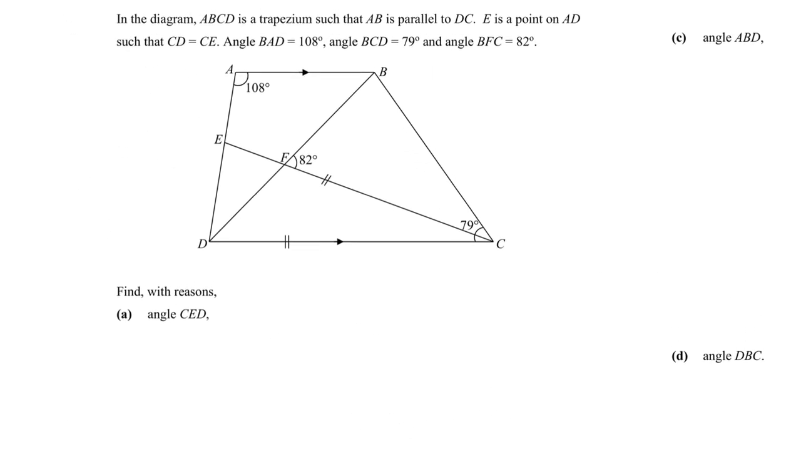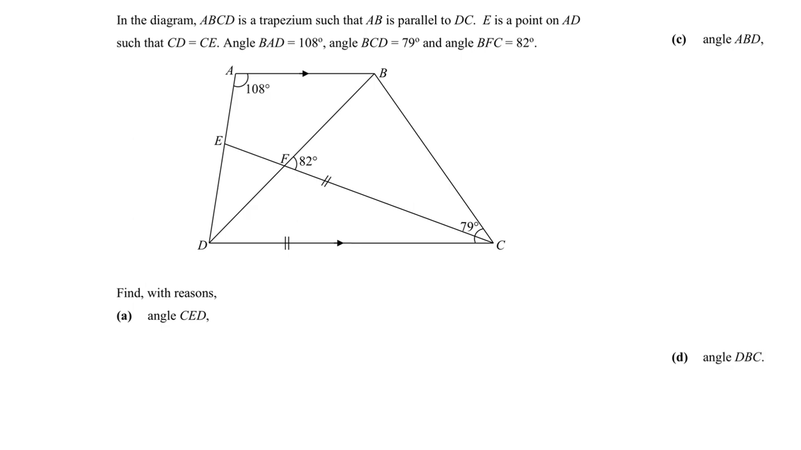Hello everyone, welcome to this question where we are given ABCD is a trapezium, where AB is parallel to CD and E is actually a point on AD such that CD, CE is equal to each other. We are also given some of the angles. Part 1, let's see. Find the angle